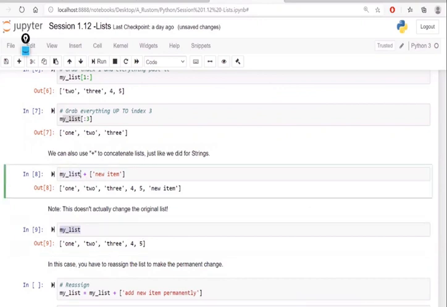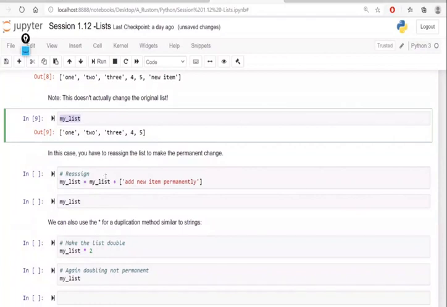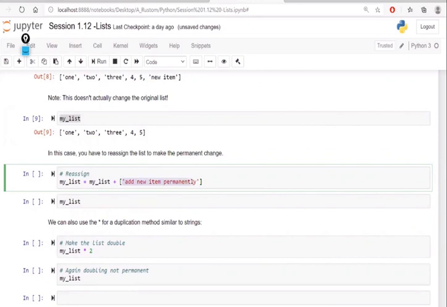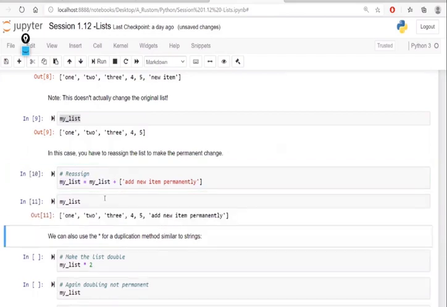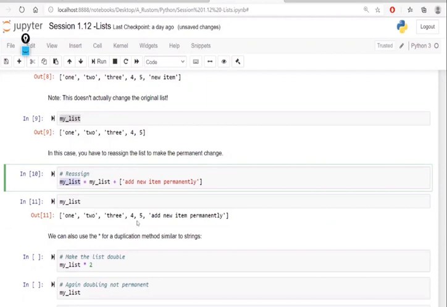All right. If you want to update this, yes, you can append this new item to my list, and finally it is going to be this one, and it will be retained for long until you change it, right? Now I'm going to store new data permanently. So I will give original list plus a new data item, and store it in the same name, right? Same name. In that case, if I print that, I will be able to store that permanently. All right, that's how it works. You have to assign to the variable, and here I'm giving the same variable. That is one way that you can update, right?